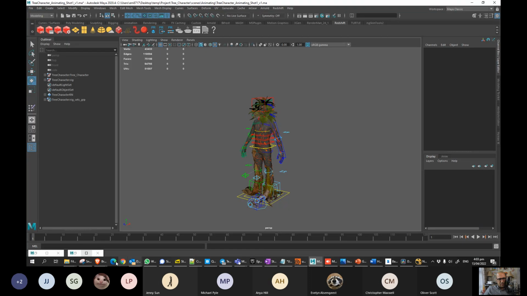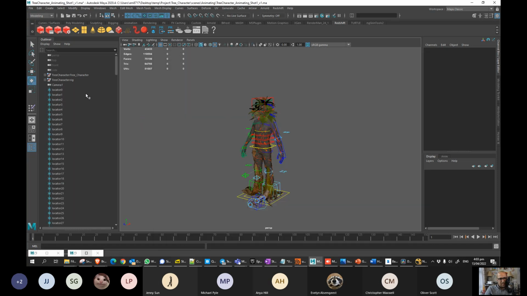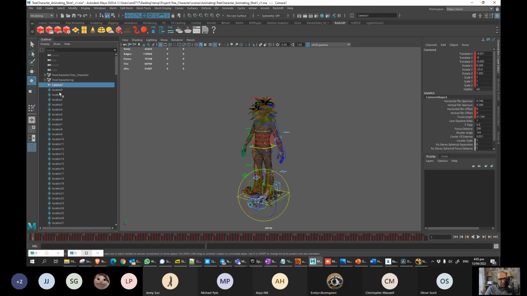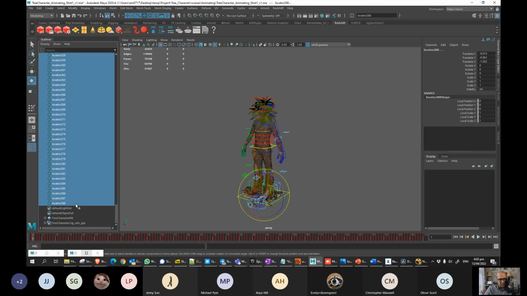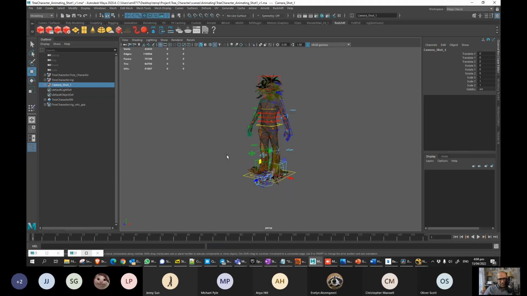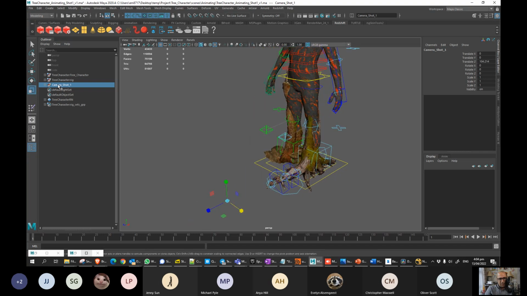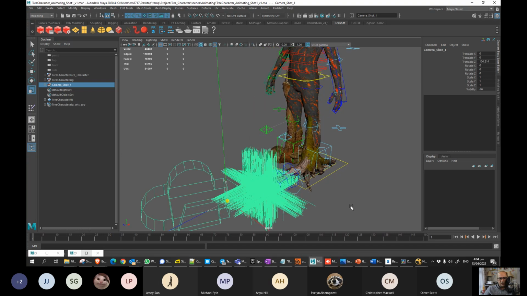Now I'm going to go here and import this. It's okay to import the camera. So you see that the camera is imported, and a bunch of locators, which are the point clouds. Put all of them in a group and call it camera shot 1, and you will see this is it. So it's just a tiny thing. If you group them and you've enlarged the group,